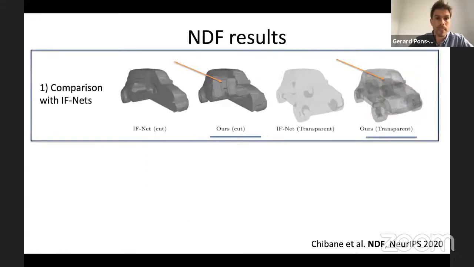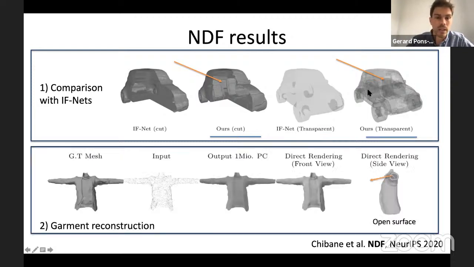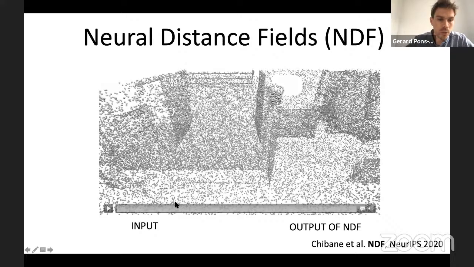until the point is really spot on the zero level set. Okay, so using this, what we can do, what we could not do before, is that we can reconstruct the inner structures, like for example, this chair inside of the car. And so basically we can reconstruct all these inner structures. We can also reconstruct surfaces that are open, like garments that are open. And this is quite useful for a number of problems. We can also use it to